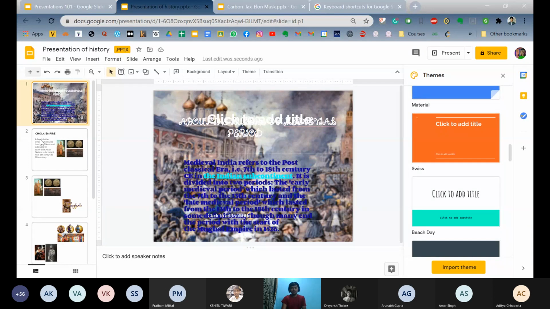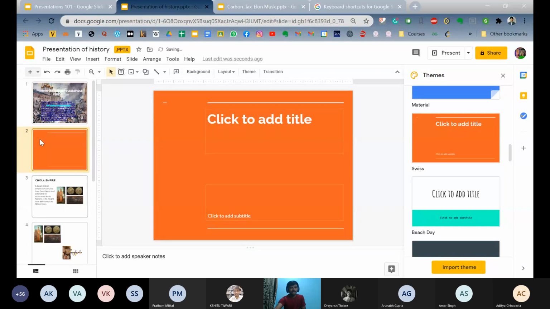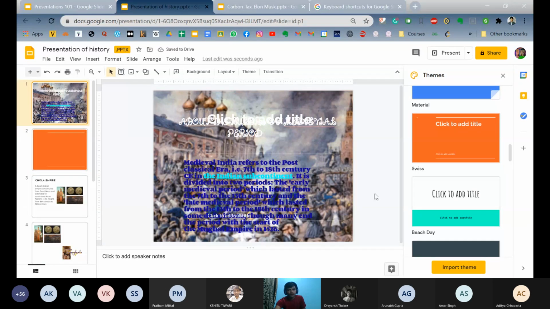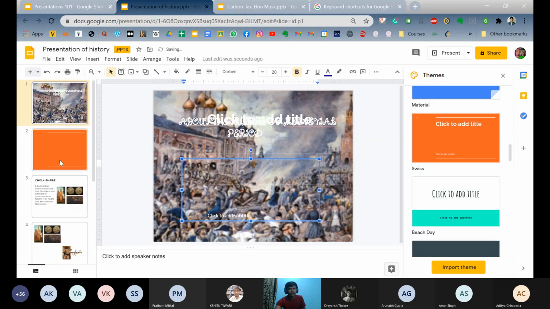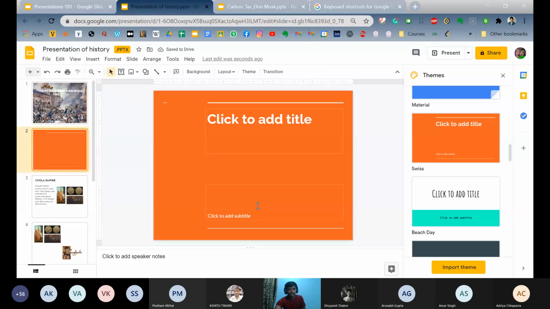And to put in a new slide, the shortcut is Control plus M. So I get a new slide here, and I put all the text into introduction.